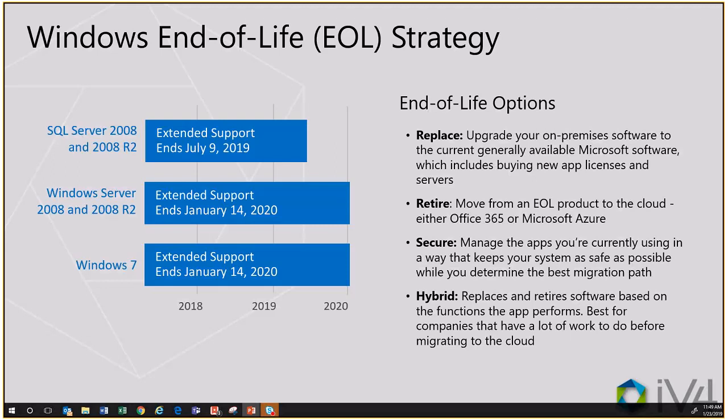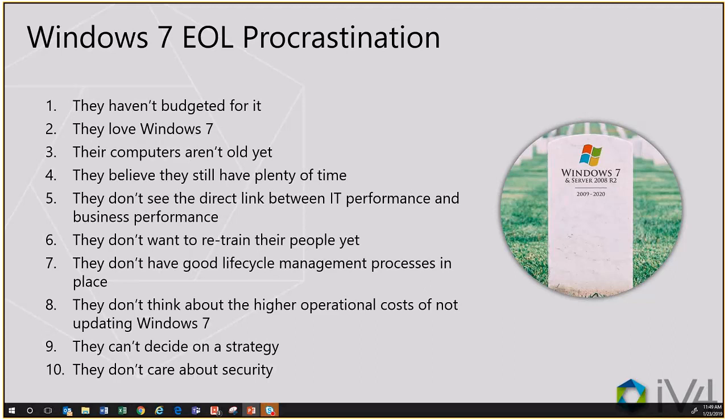Some organizations, it's not possible immediately to migrate on a short notice, so they may have to secure that application, meaning that they're going to put it someplace safe where it can be isolated and ensure that only the right people and resources can access that server at the right time. Or maybe it's a hybrid approach. We're going to replace and retire software based on the functions that the app performs. Maybe some workloads can be split into multiple applications. So this is going to be driving some of the modern management pieces that we're going to talk about in